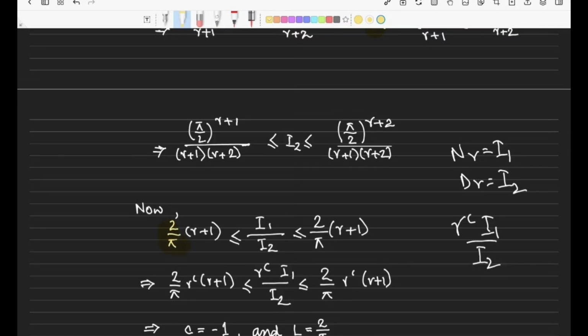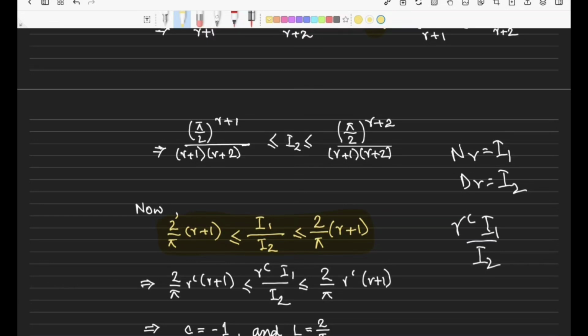So I1 by I2 comes out to be this value. See, it's very easy and very simple, right? So you all know it, right? What will be the value of I1 by I2 right now? That's the beauty of mathematics, that we don't know the value of I1 particularly, we don't know the value of I2 also particularly, but we do know the value of I1 by I2, that is 2 by pi into